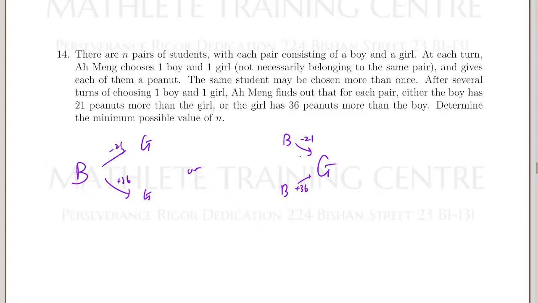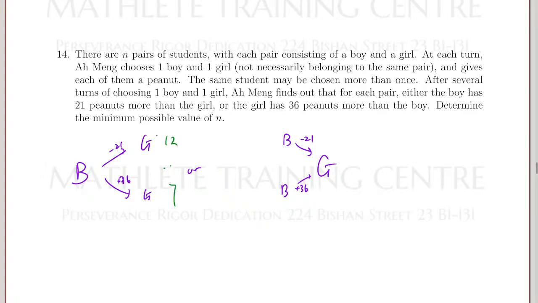Now, in both of these, it should be pretty obvious because I give a total amount of peanuts to be the same for the boys and girls, right? Each pair I give one boy and one girl at the same time. The total from the boys is the same as the total from the girls in both of these cases. In the first case, if the total for boys is the same as the total for girls, then you can notice that each girl here is B plus 36, each girl here is B minus 21. You need to balance them out somehow to get to B, right? The answer is that you can take them in the ratio of